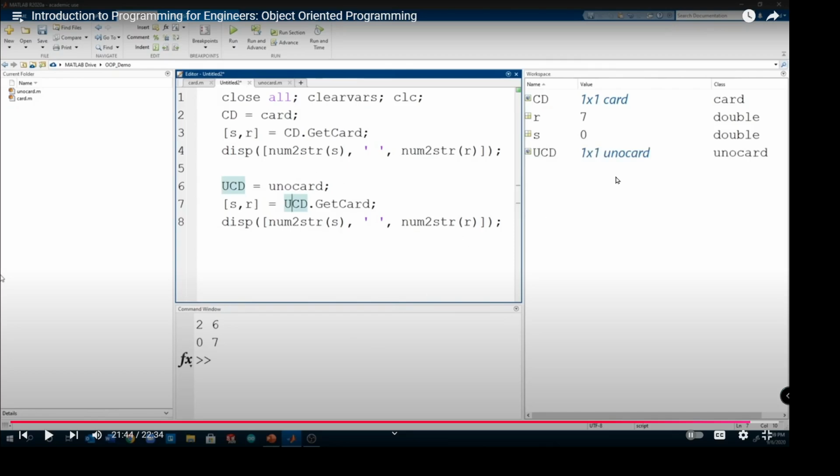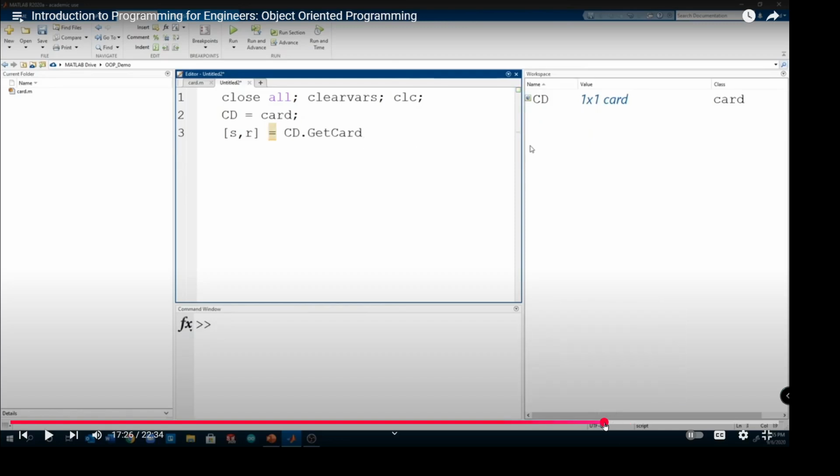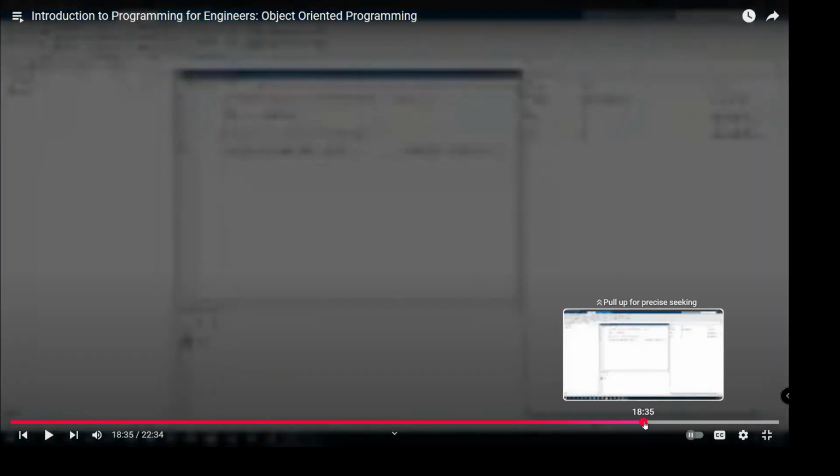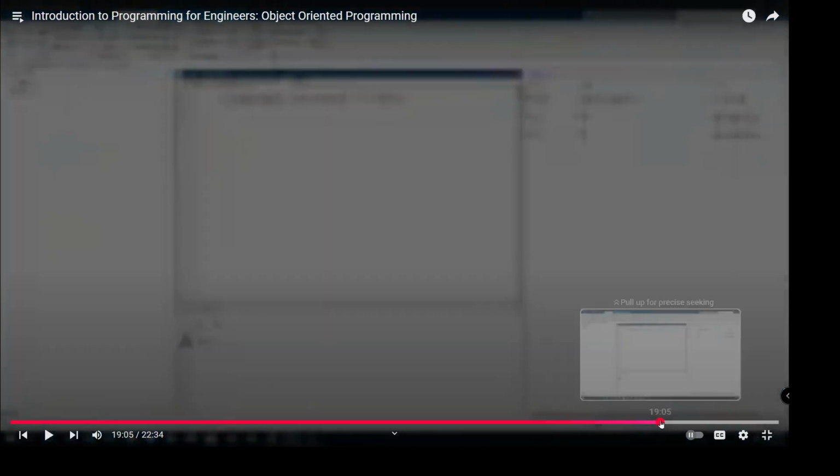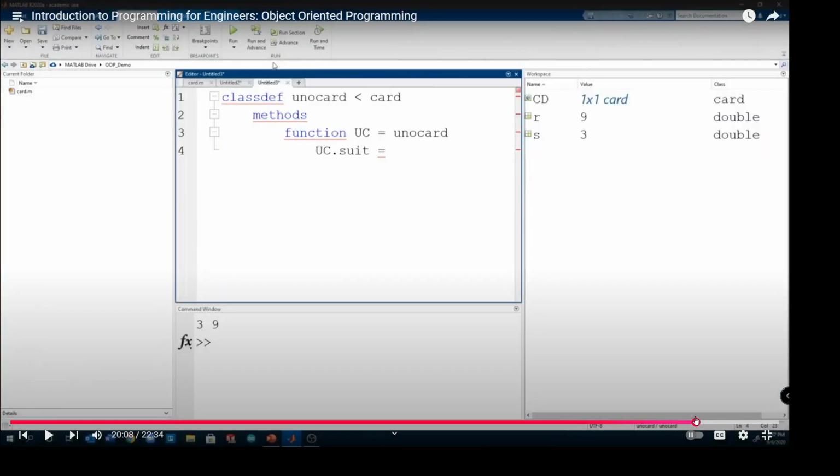But it allows us to call this, and then we have a card and UnoCard class, and we're able to use that function. Even though the UnoCard is not defining all of those pieces, the get card